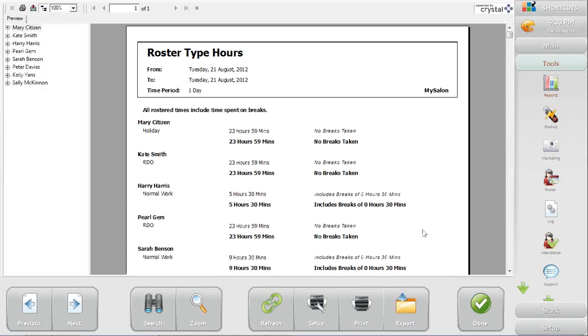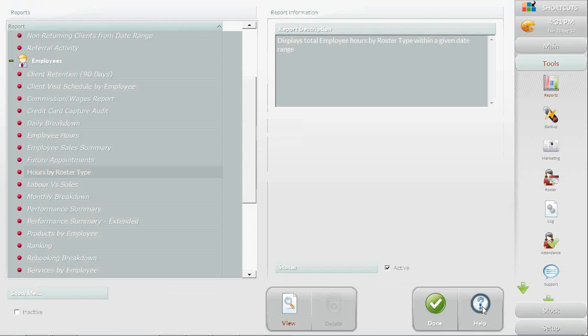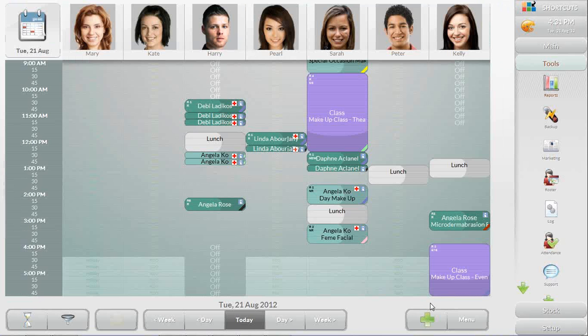And I hit View. See where I'm hovering over, there's a little magnifying glass there. If I double click on that, there's often a bit more information regarding that. So then I can hit Done and exit out of that report. So just remember to look out for these things when you're having a play with your reports next time in